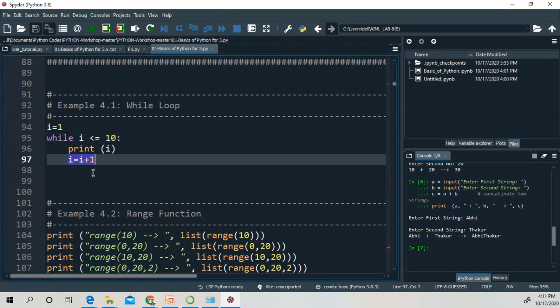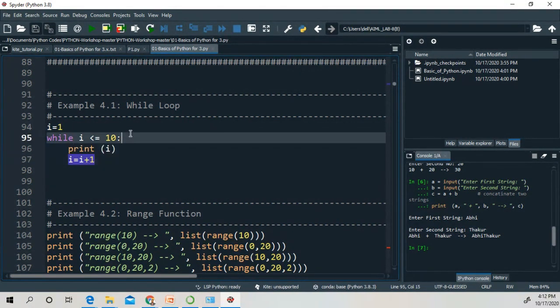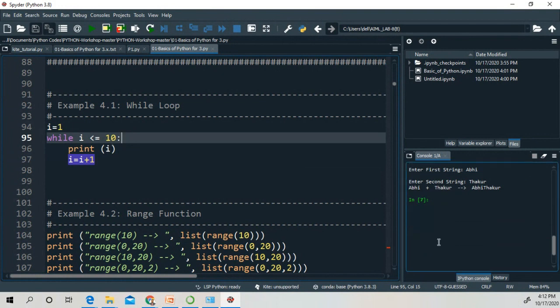Okay. So the indentation is used to represent the block, as you can see right here. If your indentation is not proper, then you will find some error in your output. Okay, so what do you mean by indentation? Indentation means all the statements or all the lines are written properly, one after another. Okay, so you have to make the proper spacing for successful execution of your program.